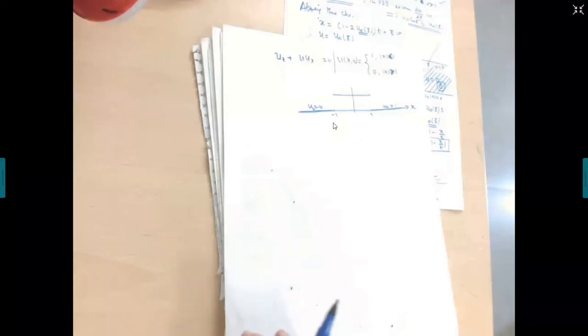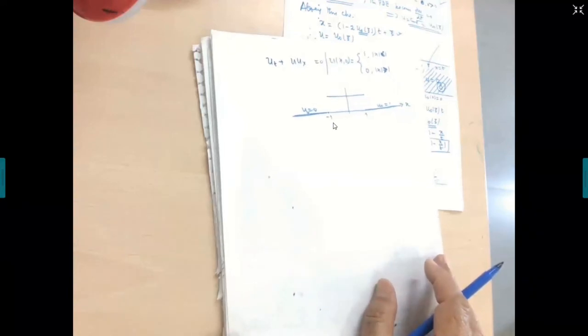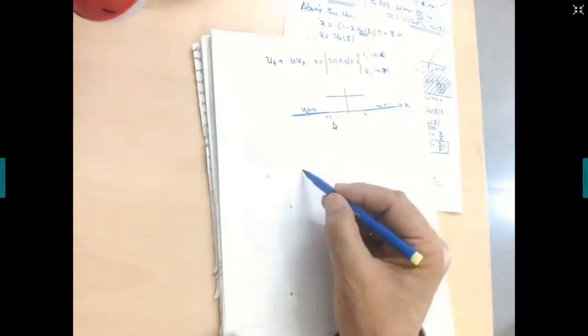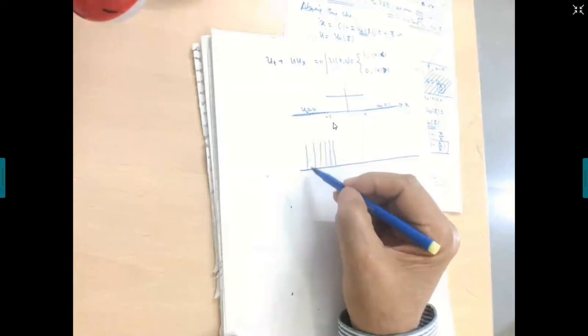Now, how many intervals does the system consist of? Three intervals. In this case also there will be three intervals: below minus 1, minus 1 to 1, and above 1. Is it so simple, do you think? What are the characteristics issuing from this part? They are the vertical lines.